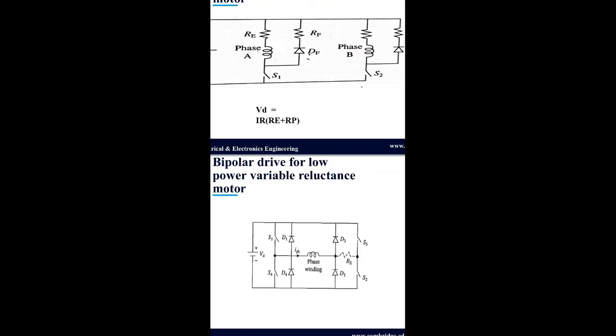This bipolar drive is for variable reluctance motors as well as permanent magnet and hybrid motors. Mainly it is used for permanent magnet and hybrid motors. So the main application for stepper motors is satisfied. Therefore, drives with the chopper principle give more value than the drives without the chopper principle, that is, with the use of external resistance RE. This is the main drawback in the stepper motor drives.